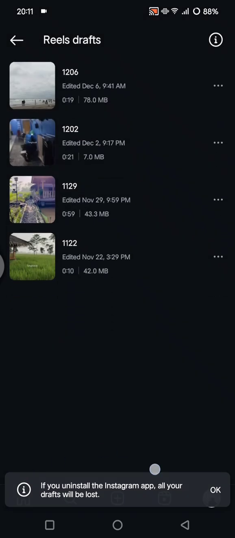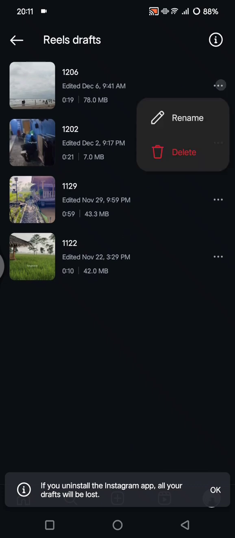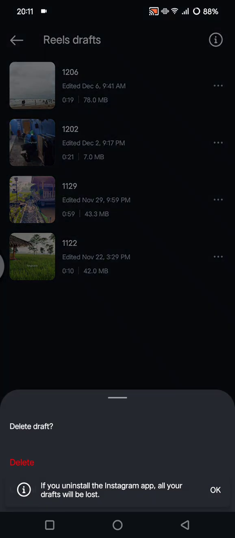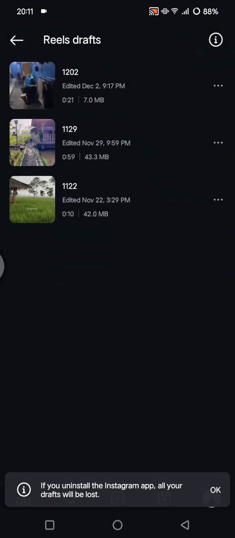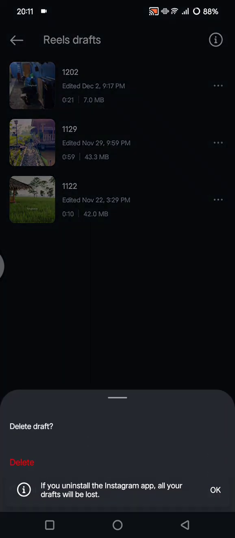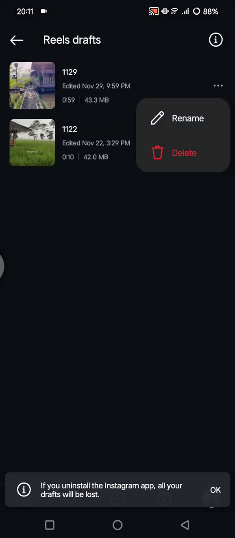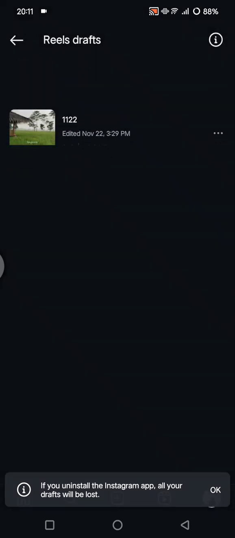And as you guys can see here at the bottom, if you uninstall the Instagram app, all of your drafts will be lost. So drafts can also go missing if you clear app data, log out while editing, reinstall the app, or accidentally delete your drafts. So if you want to delete all of your drafts, you need to just repeat the steps until all of your drafts are deleted, just like this. Okay, one more,